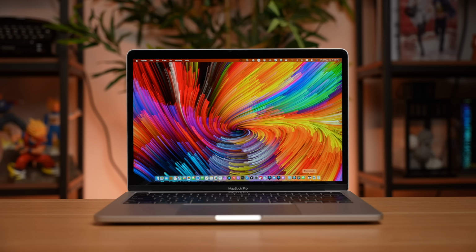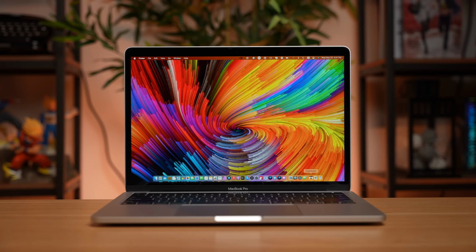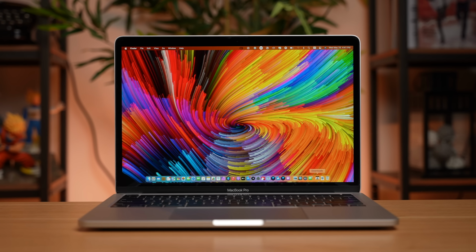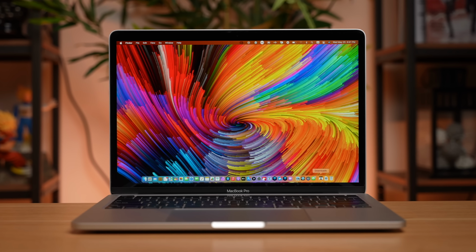Why do I think that this laptop over here is strange? Because at first glance, you may just think, okay, it is a more premium option of the M1 MacBook Air, and what's wrong with offering more options? We used to peg Apple, we used to ding them and say, hey, how come you don't offer more options? You should offer different price ranges, different options, different form factors,